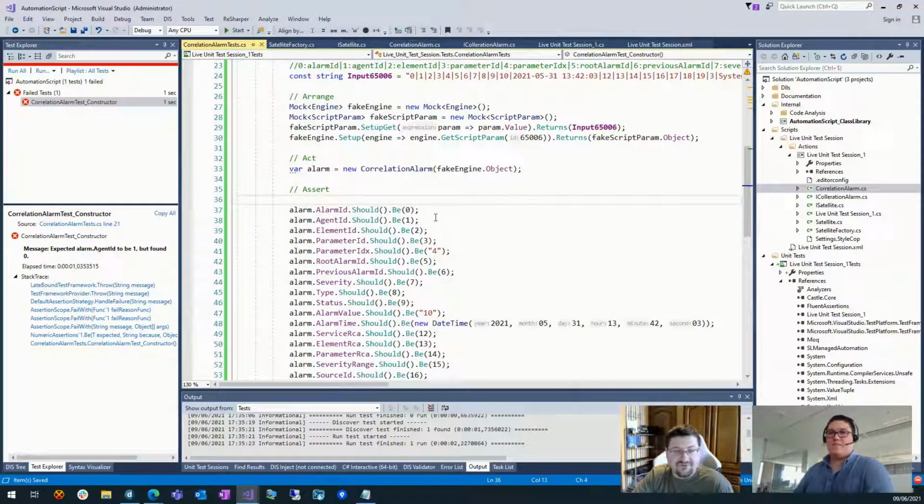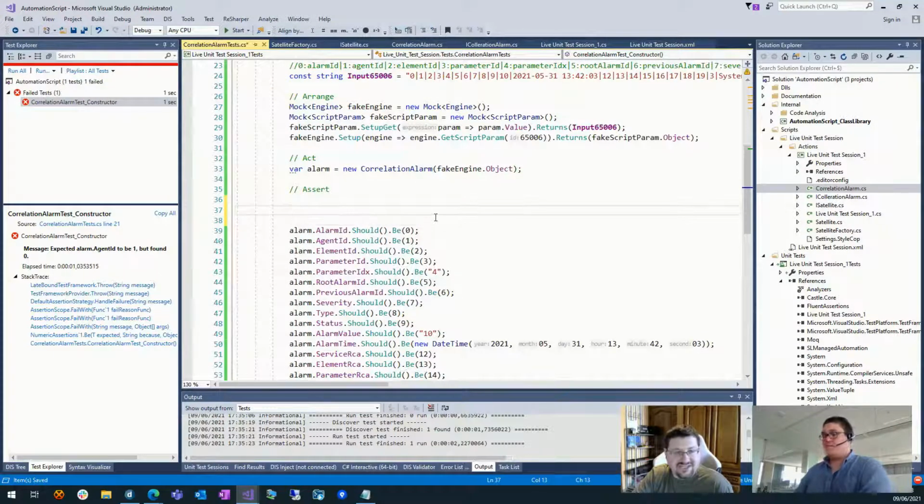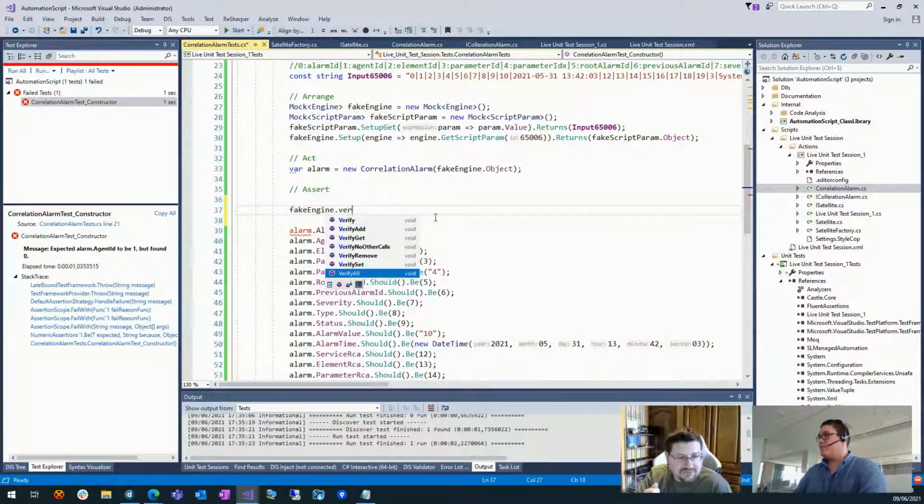Very good requirement to always consider, Michiel, indeed, is that we want to make sure that 65006 is actually called. Because if it isn't, you could make a constructor that just fills in the properties and you could get this test to work by hard coding all the properties with the values you want to get in your test. That's a bit silly, of course, but you could do it if you really want to. But with a fake engine, we can indeed do something called VerifyAll, I believe it's called.